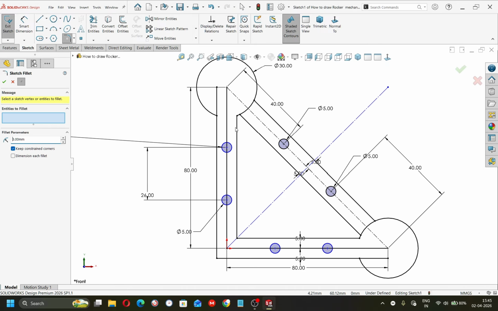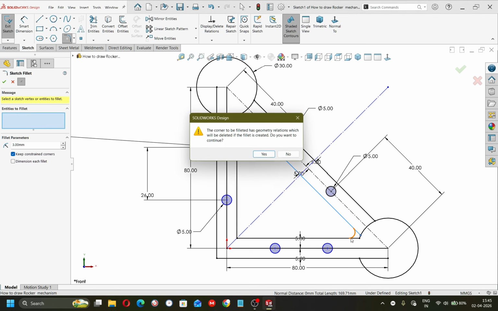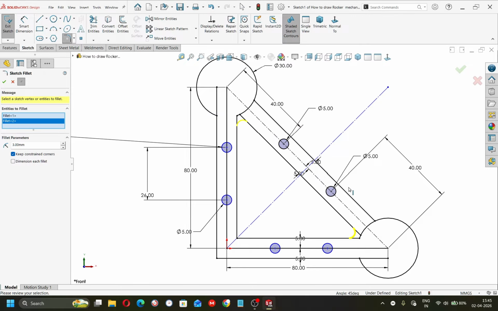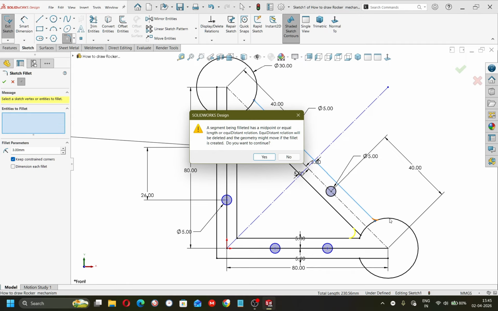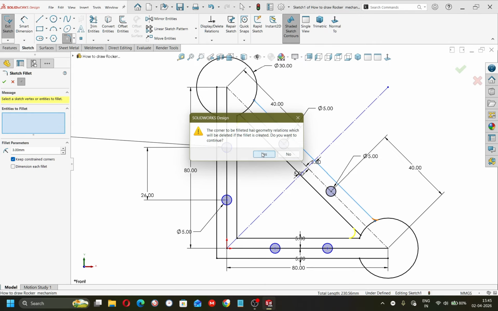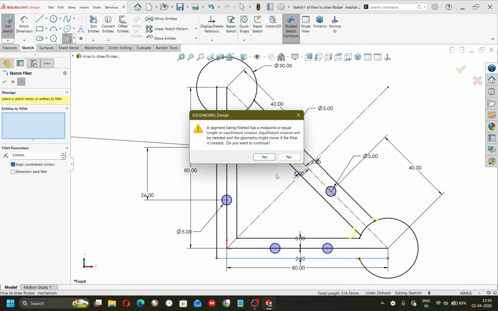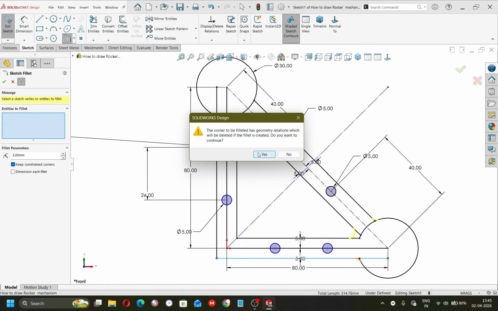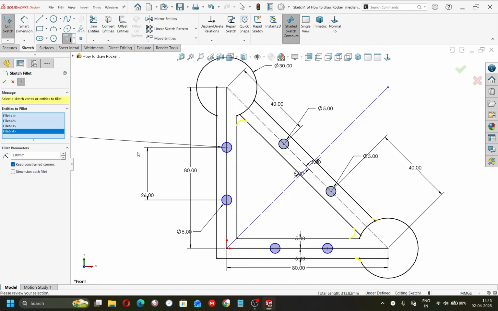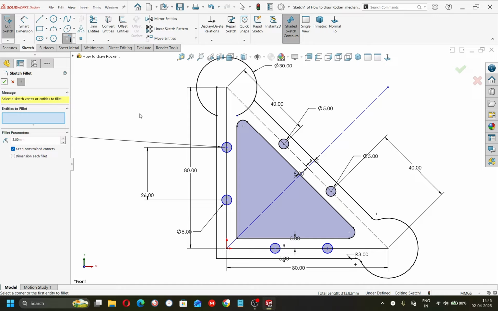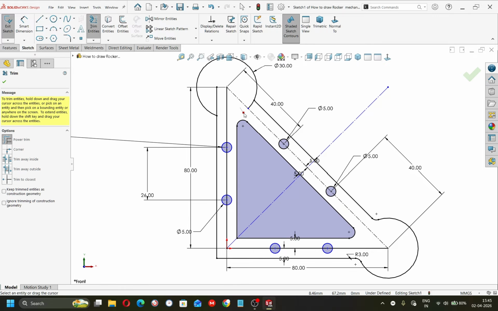Select sketch fillet and make it 3 mm from this corner, and this corner, also this. Okay, there are 4 fillets I have created. Select trim entities again and trim unwanted parts, where you can see